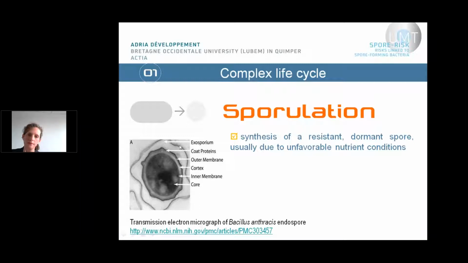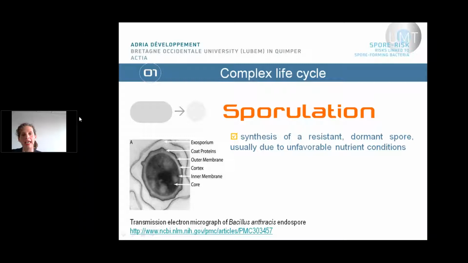And the last one is the exosporium. This is a kind of balloon which occurs when you produce spores in the lab, but obviously in industry, where you have different conditions, mechanical shears and so on, this exosporium does not remain. So there is a lot of research going on coat protein and cortex in order to identify biomarkers that could